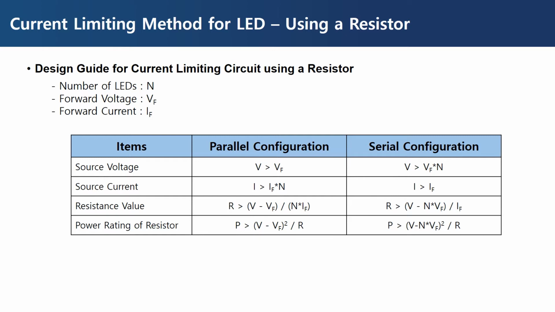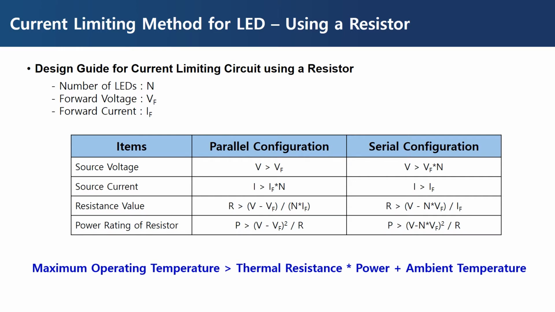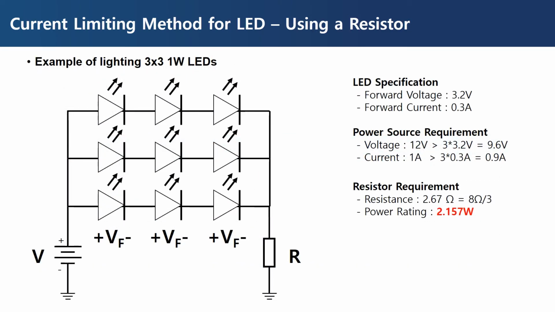There are also some sites that give you the calculation results similar to this page when using resistors. For high-power LED applications, the power rating requirement of a resistor can be impractically high, which is one limitation for using this approach. For outdoor applications, where the temperature can vary significantly, the maximum operating temperature should be taken into account. For more details on the specifications of a resistor, please refer to my video on how to select a resistor for your application. It is often necessary to mix the configuration.